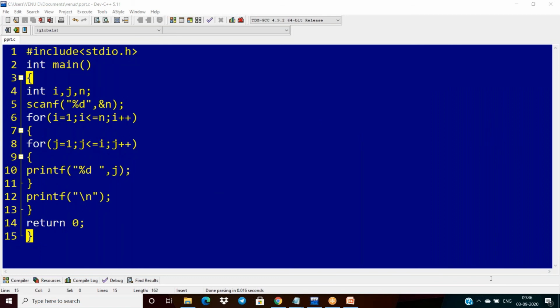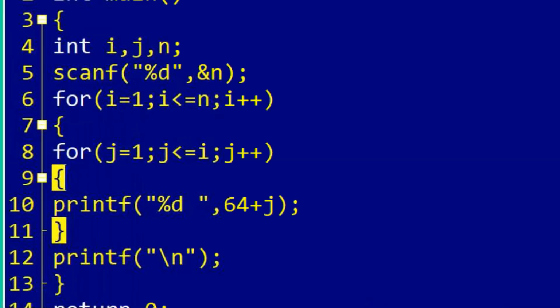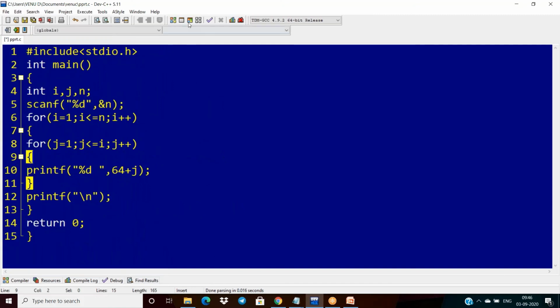Yes, good. Arka is saying that the capital A ASCII value is 65. So see here, I want to print 65 in the place of the format specifier. Good, Akhil, and Amesha Reddy, 65, correct. Thank you for this. So in the place of j, actually we are printing 1. In the place of 1, I have to print the 65 value. Generally we have to add 64 with this.